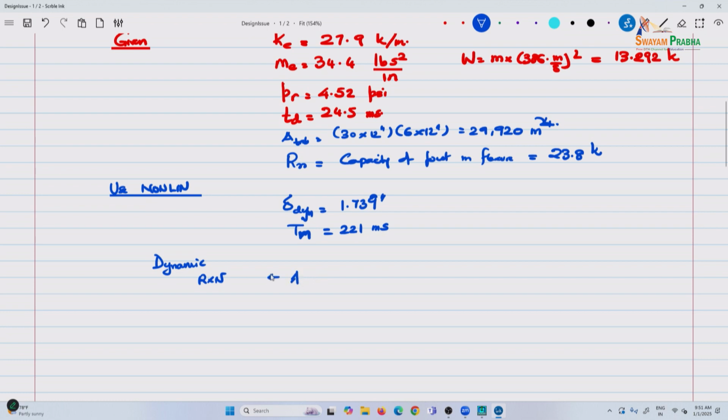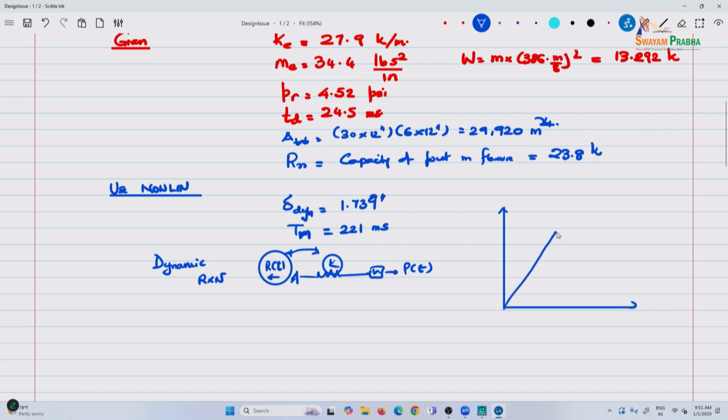so this is your reaction R of t. So you have your K, M, and then you're applying P of t. So you have this dynamic force. Basically we are doing Kx, it's not the reaction itself. I've equated these two to be the same. So what I get is an approximation that is,